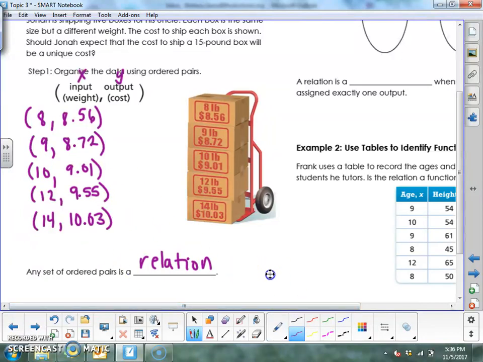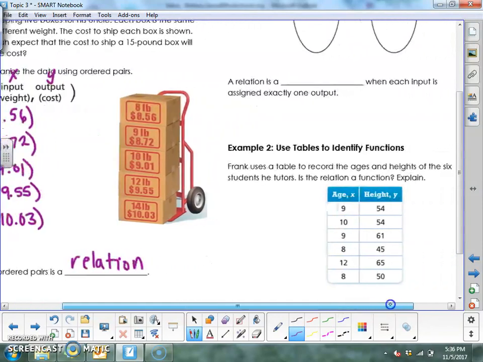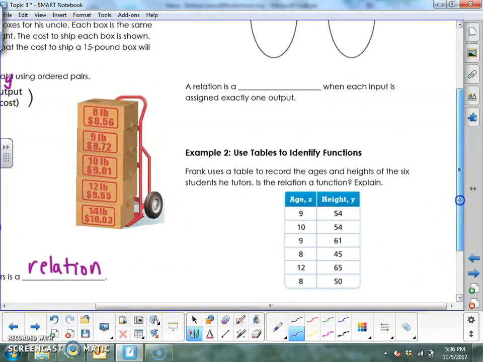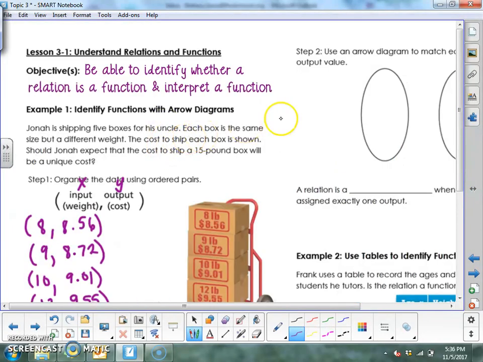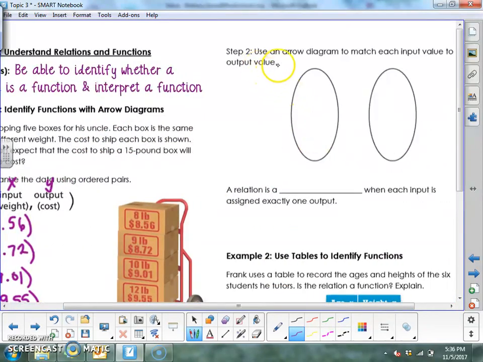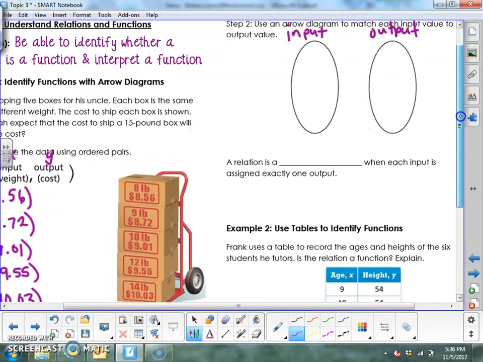Now we're going to look at this information and decide if it's not only a relation, but is it a function? So to do that, we're going to use something called an arrow diagram. So when you're using an arrow diagram, on the left side, you always put your input. So inside of this oval, we're going to put our input values, and on this side, we're going to put our output values. So for my input values, if I look back at my diagram or my ordered pairs,